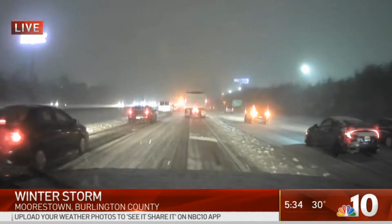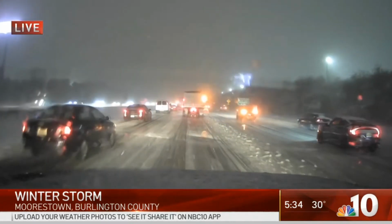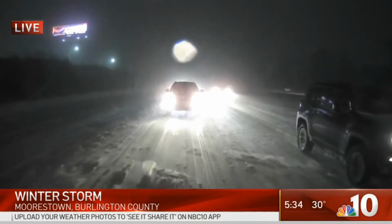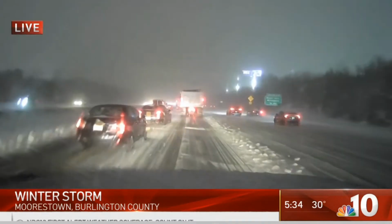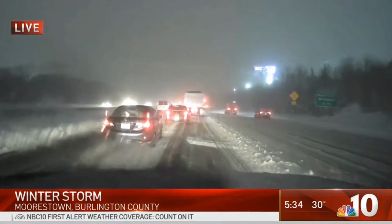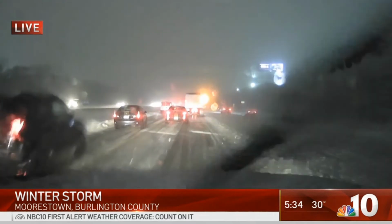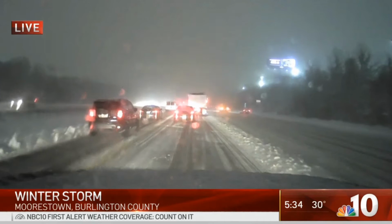And first off, what comes to mind right now, what we're really surprised by is there are a lot of cars out here on the road. Take a look. We're on Route 295 North. In that Moorestown area, as we mentioned, you can see the highway here coated with a thick layer of snow and slush. No one really going above 20 miles per hour. We're behind a plow, if you can't tell right now. The visibility is roughly about a quarter mile or so. Check out the headlights also to our left as well. A lot of cars